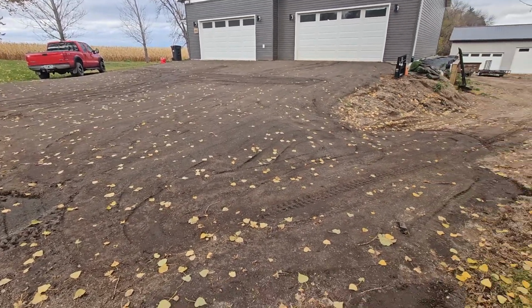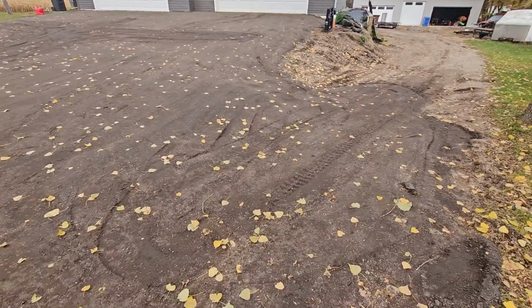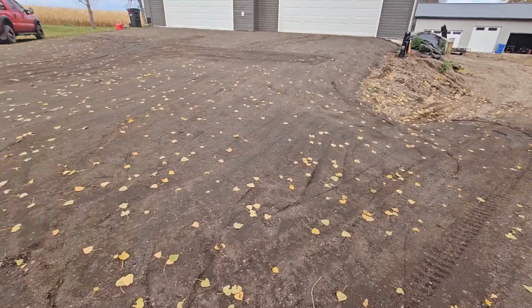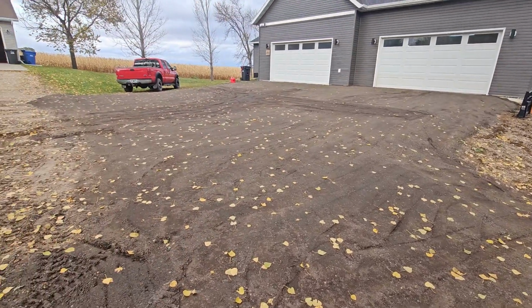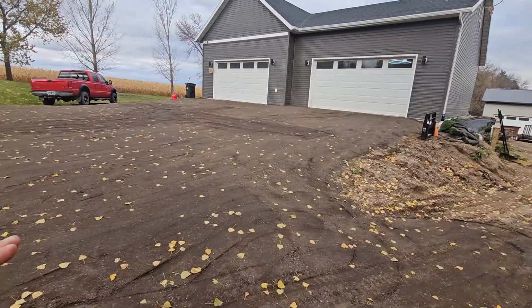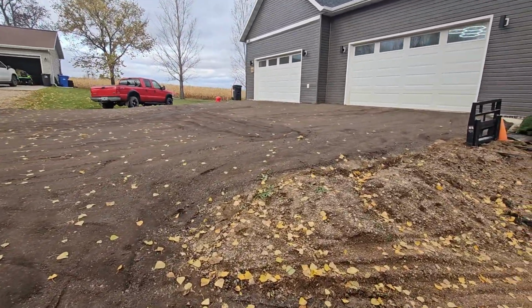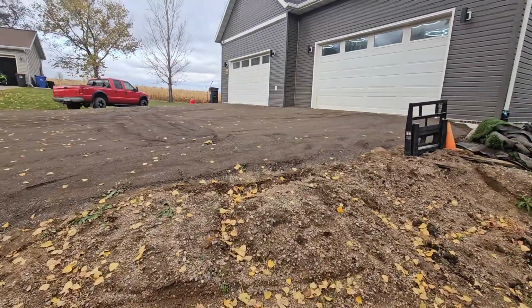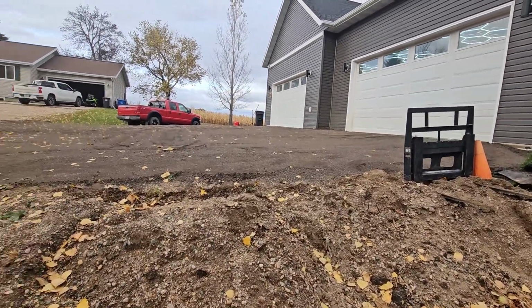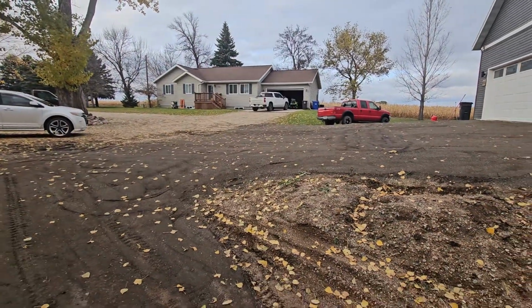All right, I got everything packed up nice. This is where I had the geogrid under here. That packed up real nice. Everything went pretty good. I don't have it as flat as I would like, but for my experiment here, what I'm doing, I kind of like it pretty good. You can see there's a few dips here and there across the way. What I'm gonna do here,